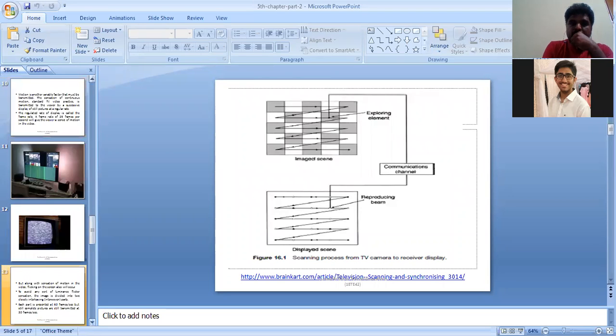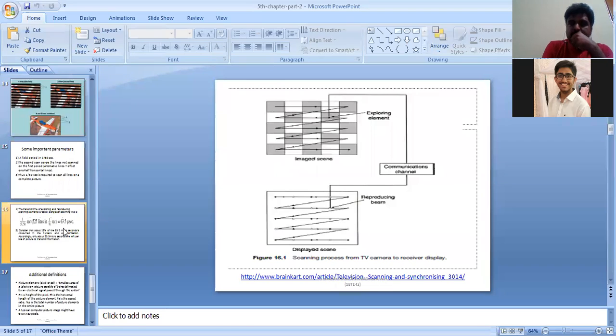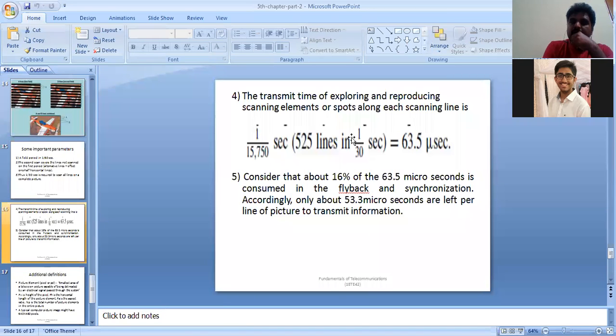And for 525 lines, they are sent as one overall set. One full frame means 525 lines. One full frame is sent 30 times in a second. So its speed is what? 1 by 30 seconds. To send 525 lines, you need 1 by 30th of a